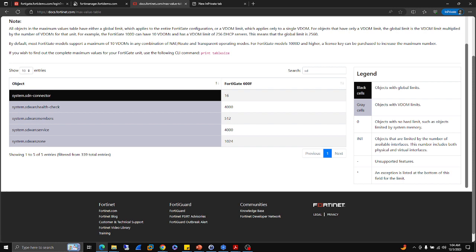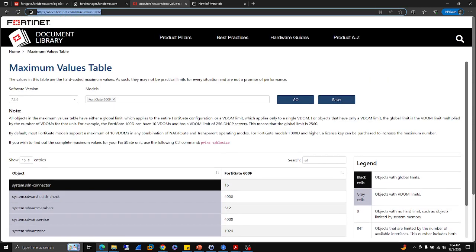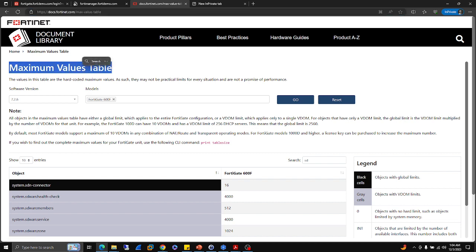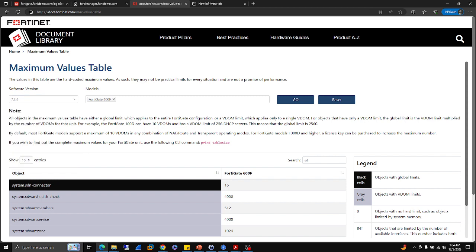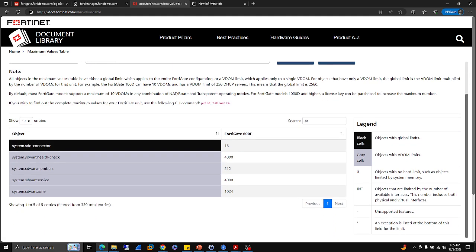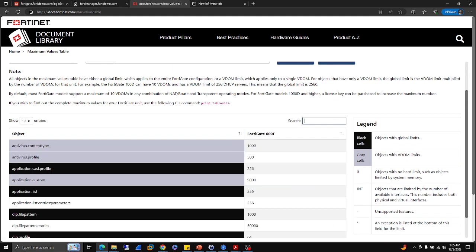And on this page, you can see the maximum values table, and we took our version that is 7.2.6, and for the FortiGate we took a model, for example, this one that you see there, and if we make a search,